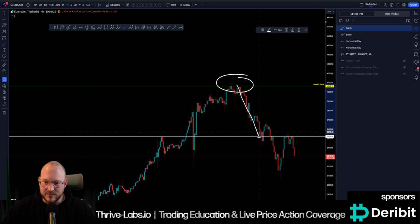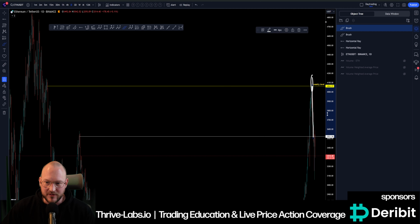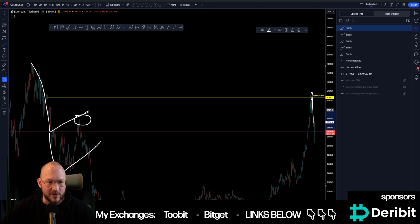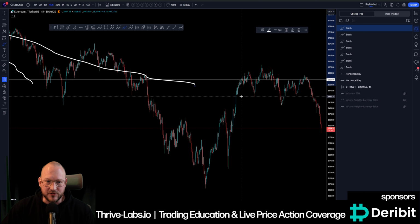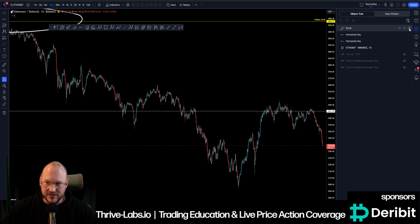We've seen that retracement. We started backtesting this level initially as support, which was an important one, 3,500, because that was a historical high from the bear market where we dropped down, big bear flag, and continued the bear market in 2022 since then. Now we have been above it, tested it as support, and if we zoom back into the local time frame, we did see a reaction of it, but we failed to reclaim and change that structure